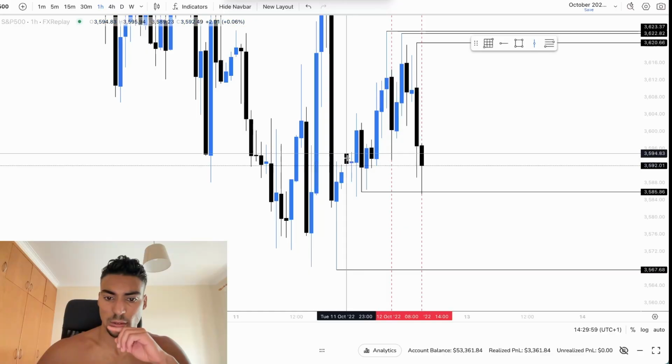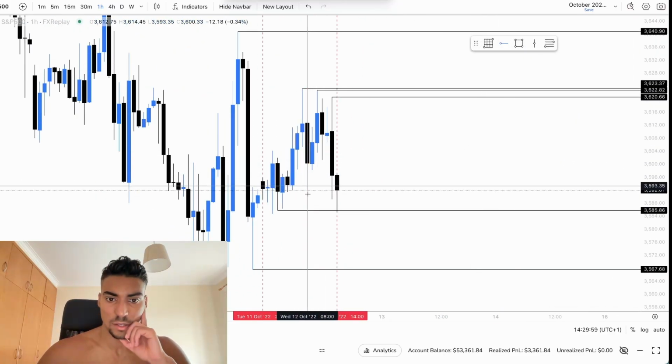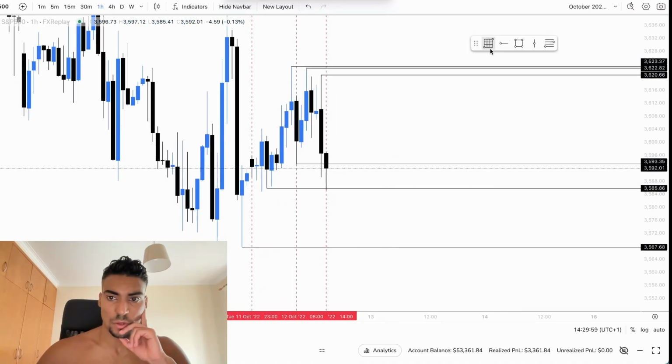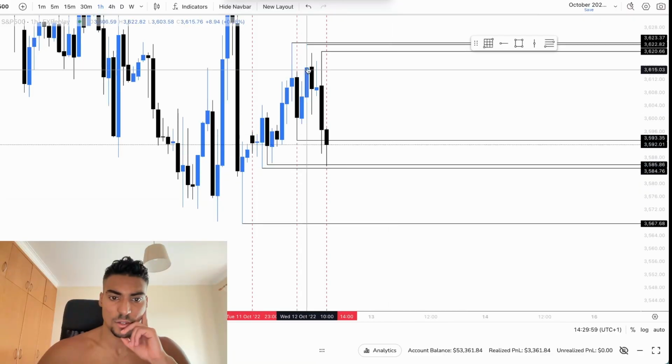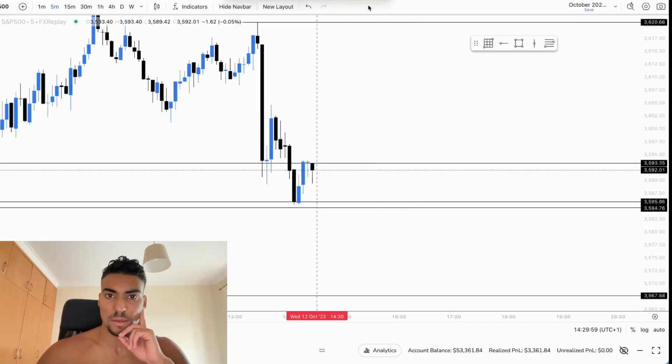So let's mark New York session and Asian session. London session and Asian session opens. We swept London session lows. Not Asian session lows yet, but hopefully we do sweep Asian session lows and then move higher to these 3 relative equal highs. That's my goal for the day. That's basically it. Let's go.